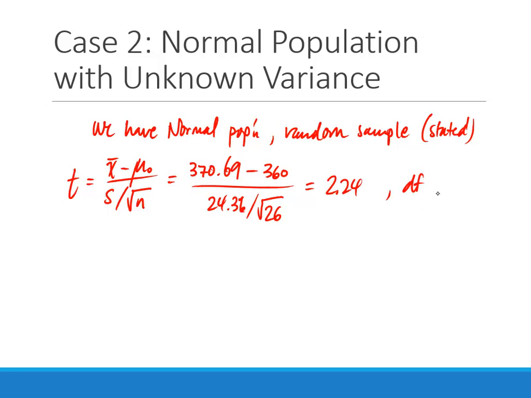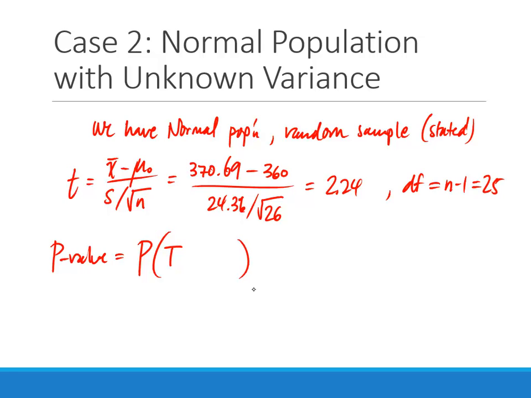Our degrees of freedom here, n minus 1, is 25. Okay, so then I have my test statistic. I can now use this to calculate my p-value. So my p-value here was the probability that a t random variable